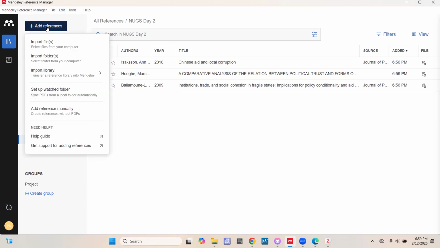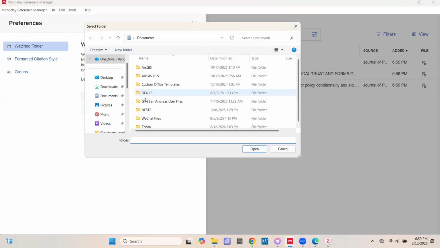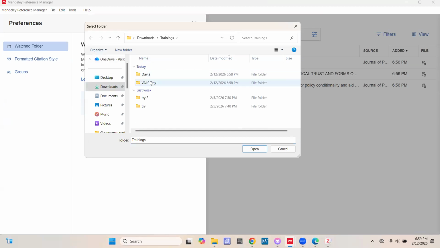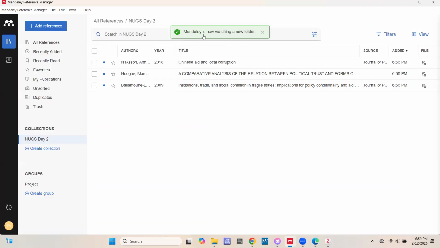Now let's add a watch folder. So let's choose the folder to watch. And then we choose Val's Day as our folder to watch. Choose open. And then Mendeley says it is now watching a new folder.